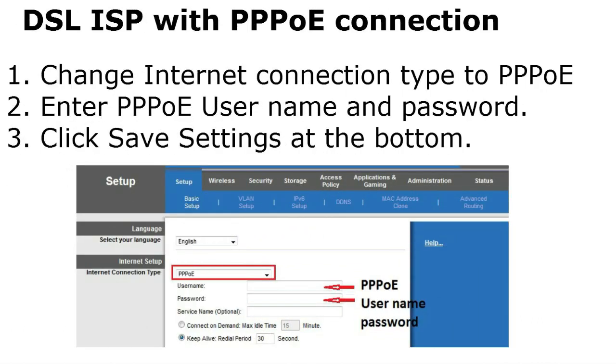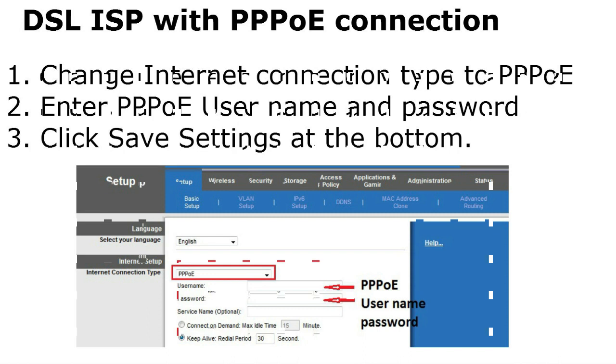Now about a DSL internet service provider with a PPPoE connection. On the setup page, under the basic setup, you will see internet connection type. Change the internet connection type to PPPoE. Then in the username and password fields, enter the username and password given by your internet service provider. So this will be the PPPoE username and password.